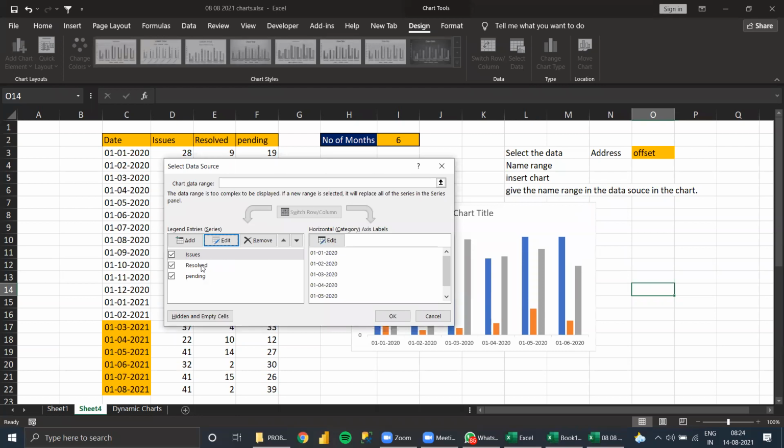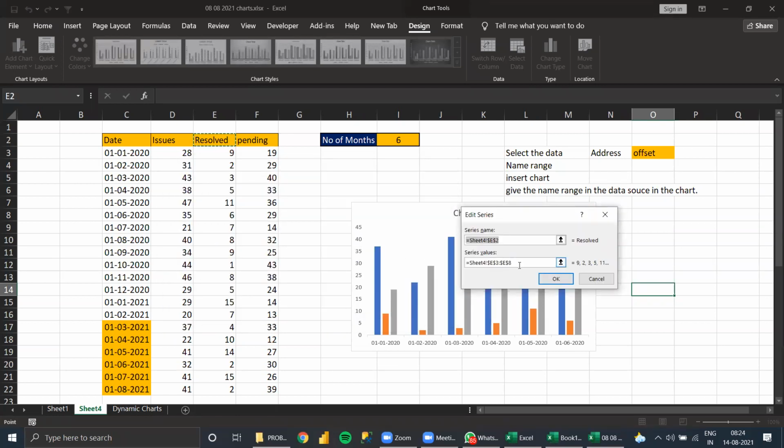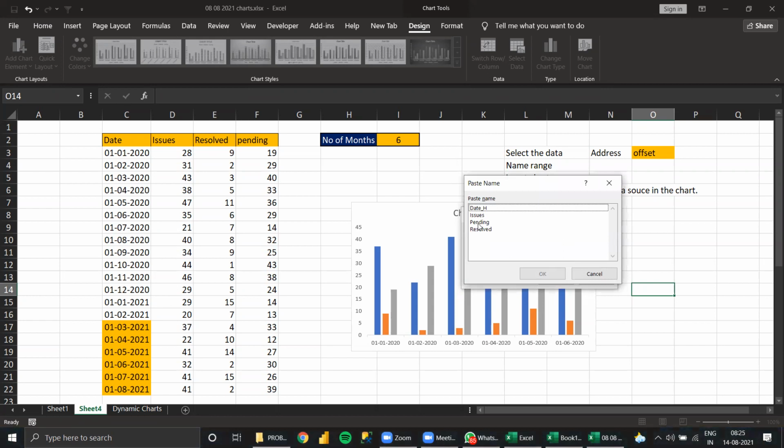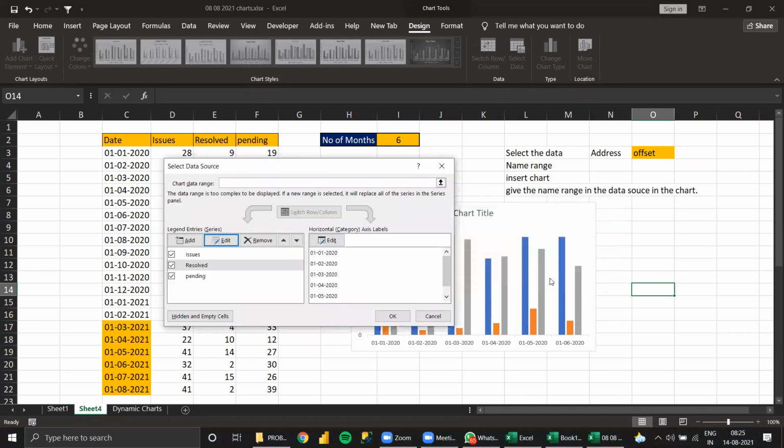Then go to Resolved, then Edit. Here also the same thing. Go backspace till the exclamation mark. Then F3, go to Resolved. Okay, then OK.